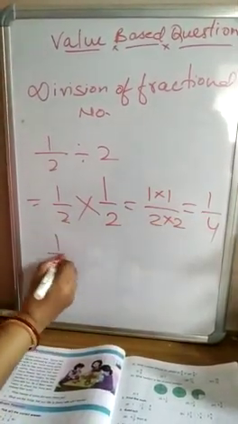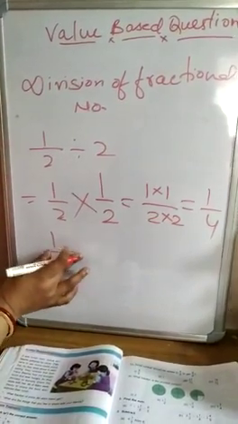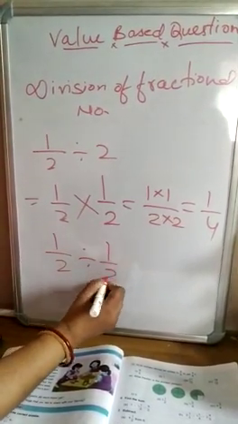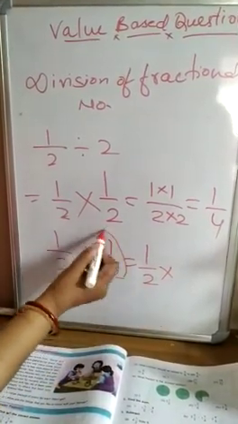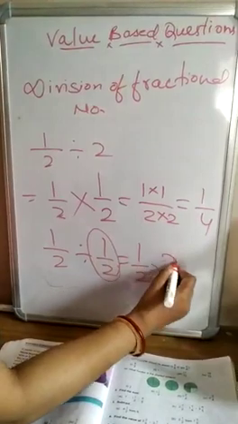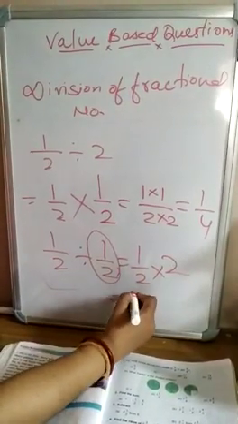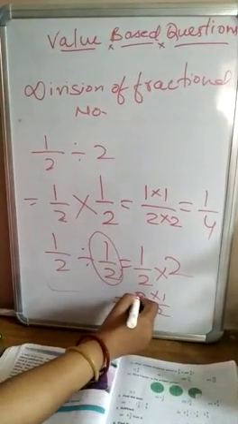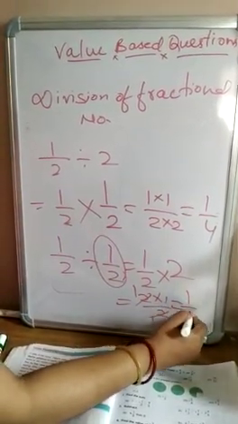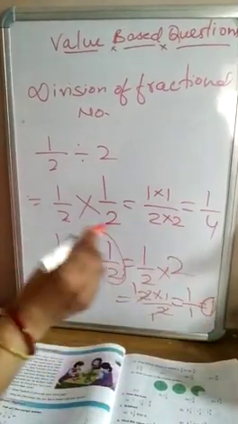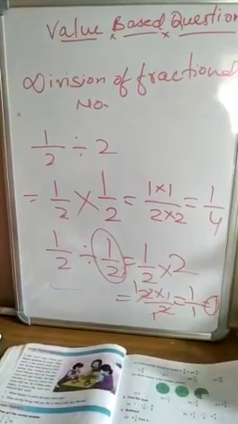Correct? Now in case of division of a whole number by a fraction, what we will do, for the dividend give the multiplication sign and write the reciprocal of 1 by 2, which is 2, right? Now here 2 into 1 by 2. Here 2 is divided by 2, 2 is divided by 2, 1 by 1. So the answer is 1 by 1, that is equal to 1. In this way we can do the division of fractional numbers.